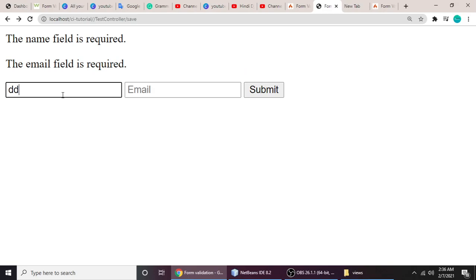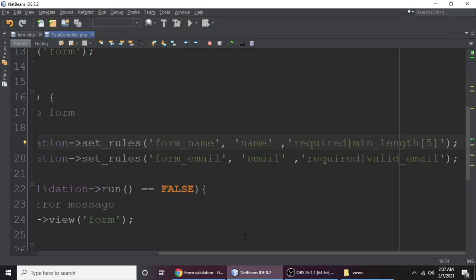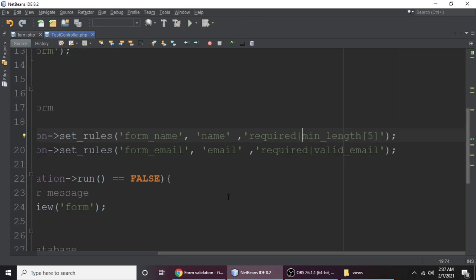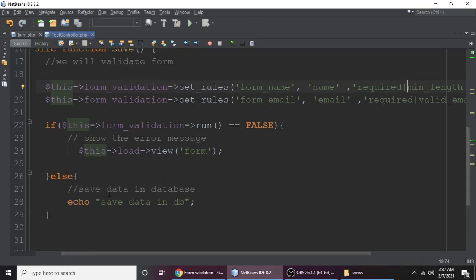Yeah, let's put 2 characters and put the right email, and submit. It says the name field must be at least 5 characters. So it's pretty easy to handle validation in CodeIgniter. So in the next part we will save this data. We will create a model and save this data in our